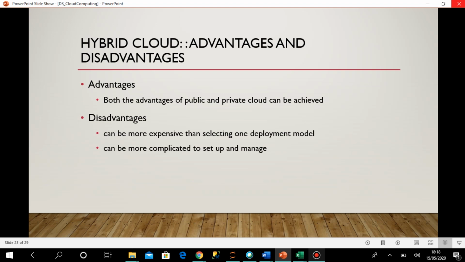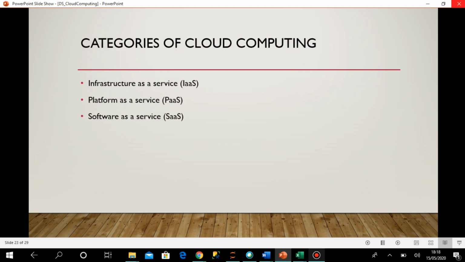Okay, so these are the three types of cloud deployment models, and when we discuss Microsoft Azure, it is basically public cloud. So keeping that in mind, we will continue on Microsoft Azure in the coming sessions.